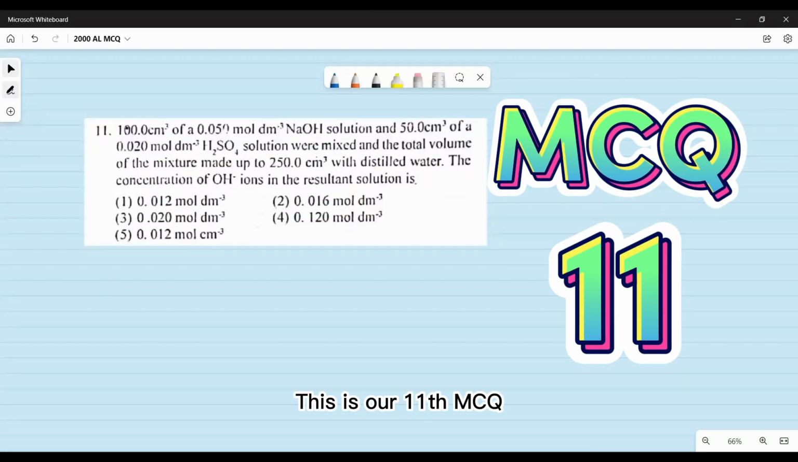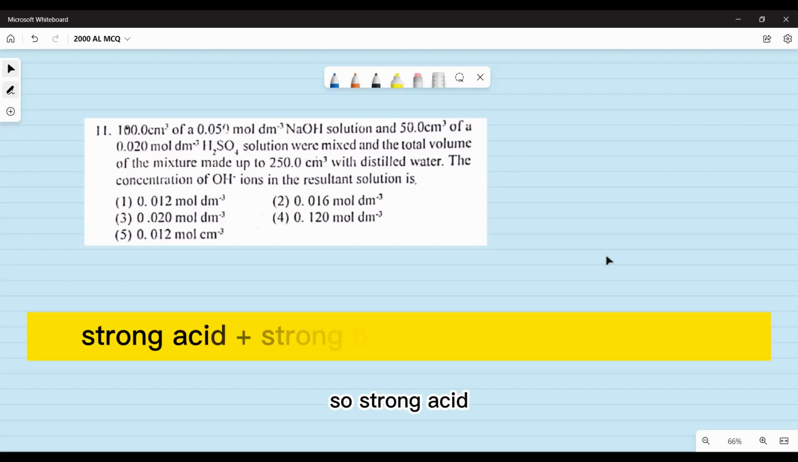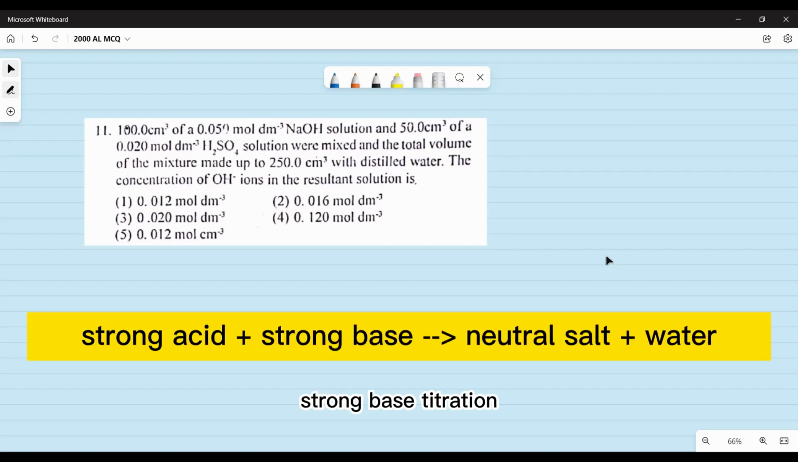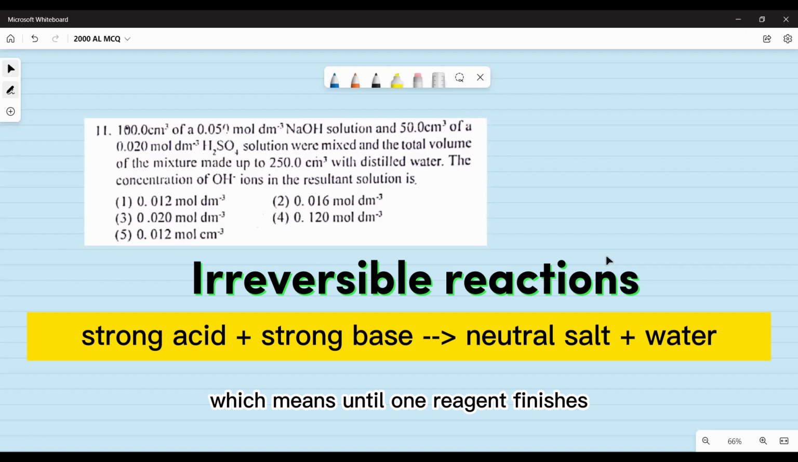This is our 11th MCQ. So it's again chemical calculation, and you can see there is an acid-base reaction. If you carefully go through the question, you have some volume and concentration of NaOH, and again volume and concentration of sulfuric acid. Okay, so strong acid, strong base titration. Normally these acid-base reactions are completely occurring, which means until one reagent finishes, that reaction is going to